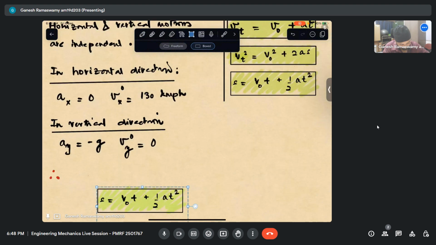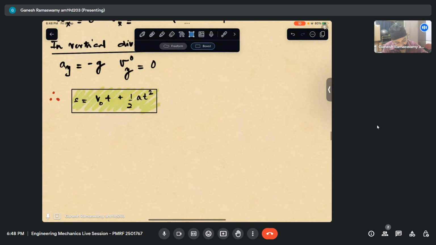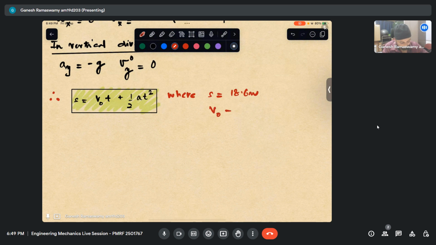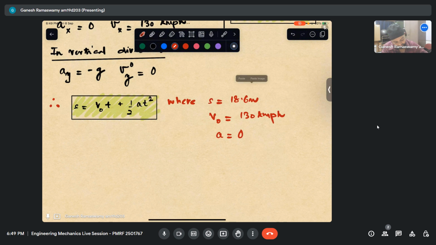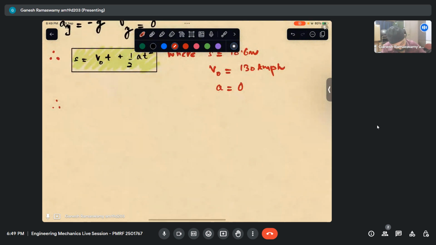I have this where S is 18.6 meters, V naught is nothing but 130 kmph, and acceleration is 0. So therefore, 18.6 is nothing but 130